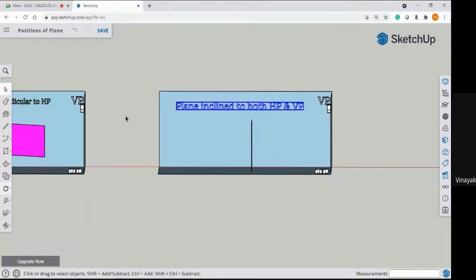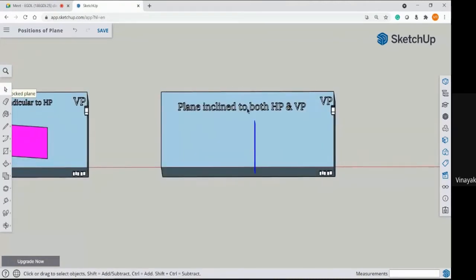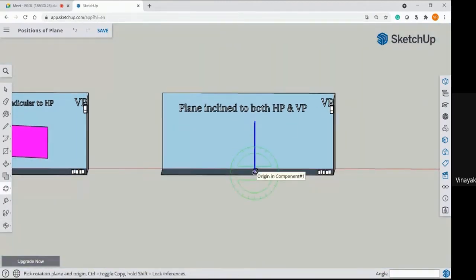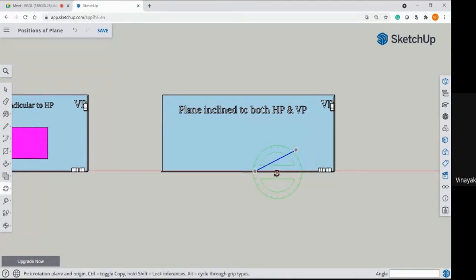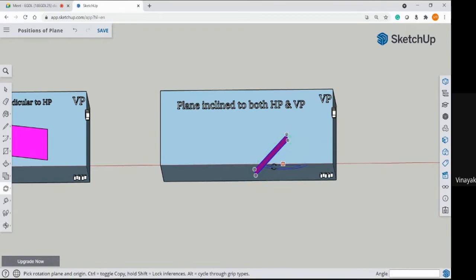First like this. Make sure to select this first. I'm rotating this, not the text. Okay, let me just rotate it. I'm taking 45 degrees. So your plane is inclined to the horizontal plane at 45 degrees. That is your fourth position.